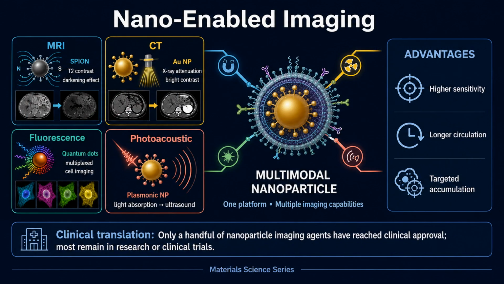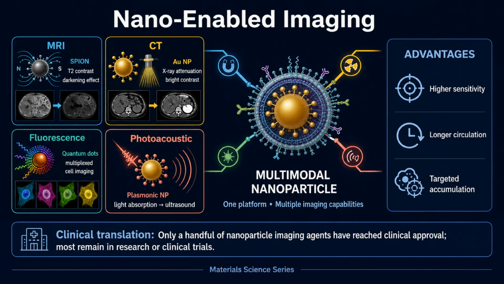Nanomaterials enhance medical imaging across multiple modalities. Superparamagnetic iron oxide nanoparticles serve as T2 contrast agents in MRI, darkening tissues where they accumulate. Their biodegradability and iron-based composition offer safety advantages. Gold nanoparticles provide X-ray contrast in CT imaging because gold strongly attenuates X-rays, and they can be functionalized for targeted